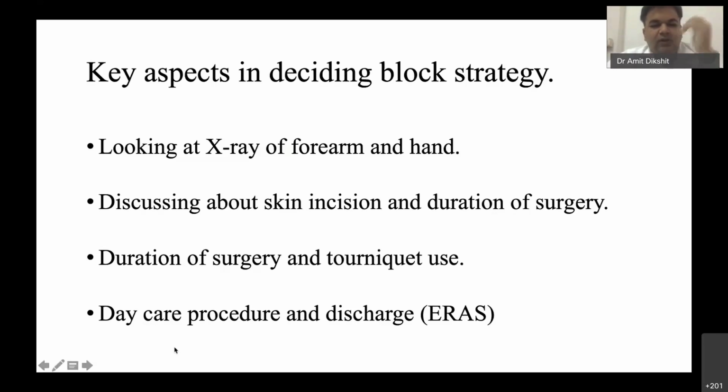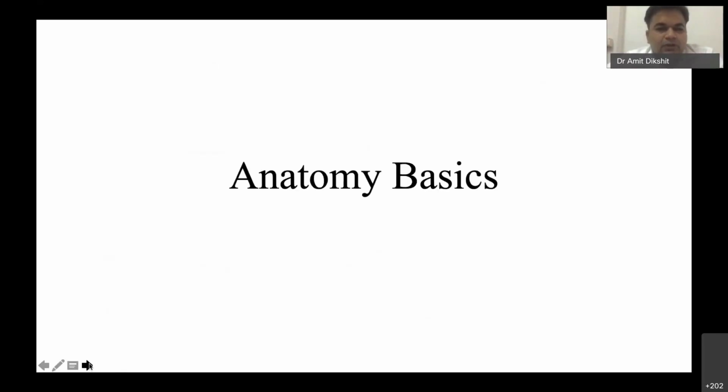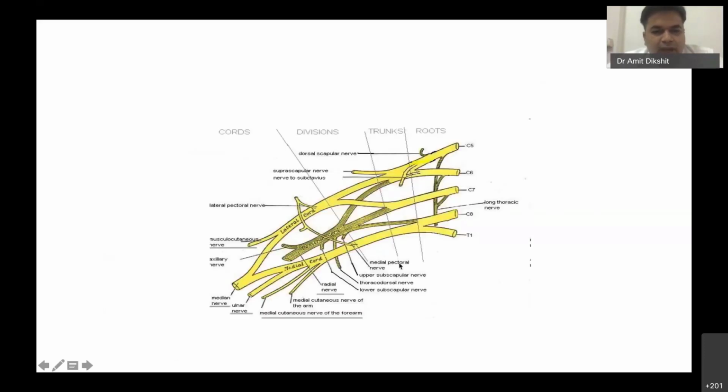We are in the era of daycare procedures and early discharge. We do not want to cause an insensate limb. For understanding anything, even if you are not doing these blocks with ultrasound, seeing these nerves will make you much happier doing it with ultrasound. So anatomy knowledge is absolutely essential. We must know the branches of the medial cutaneous nerve of the forearm, and how the lateral cord and musculocutaneous nerve continue as the lateral antebrachial cutaneous nerve, and the median nerve and ulnar nerve.